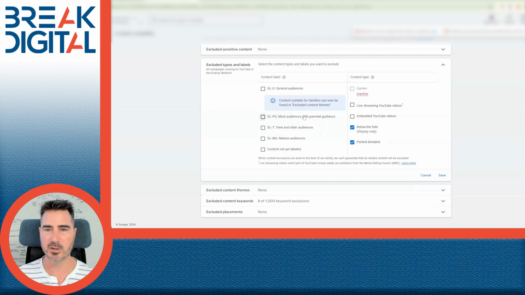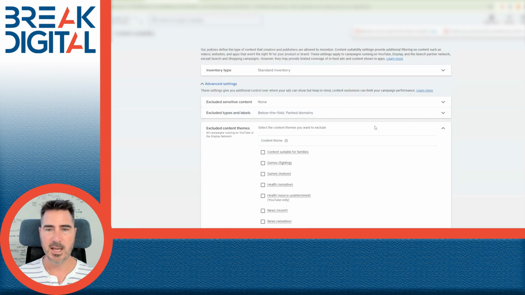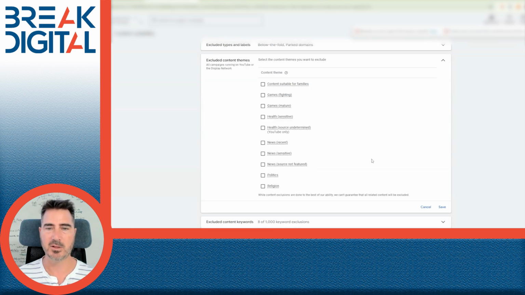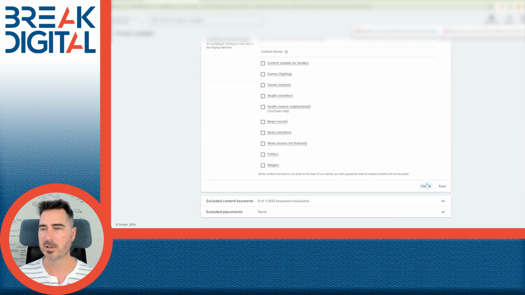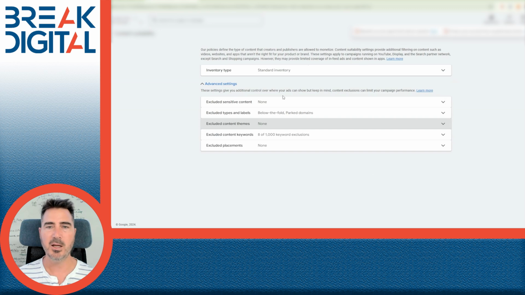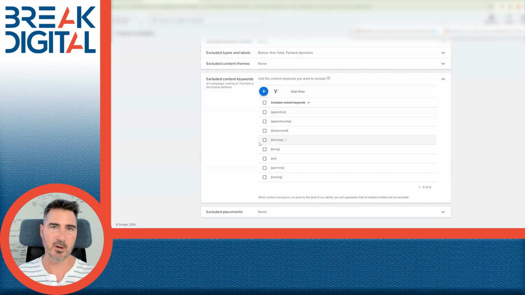You can also exclude some other stuff here. And then excluded content themes. You might have good reasons to exclude religion or politics or fighting games. That's an option in here too. A lot of these things are also configurable at the campaign level, but this is just that one place to put it down across the whole account. It can simplify your account build and make sure that nothing falls through the cracks when it comes to excluded